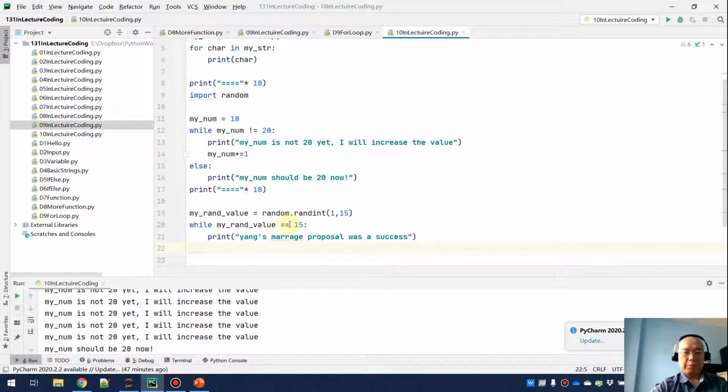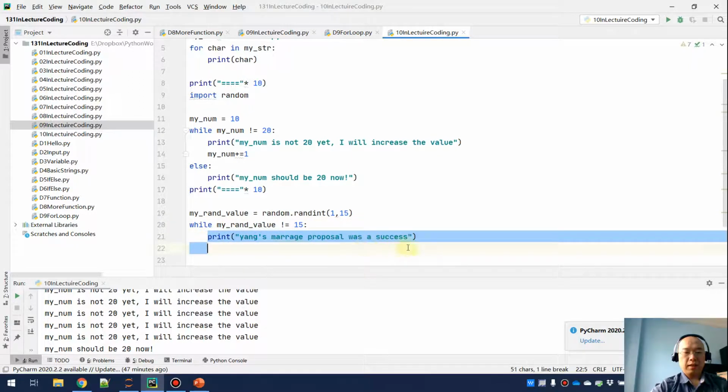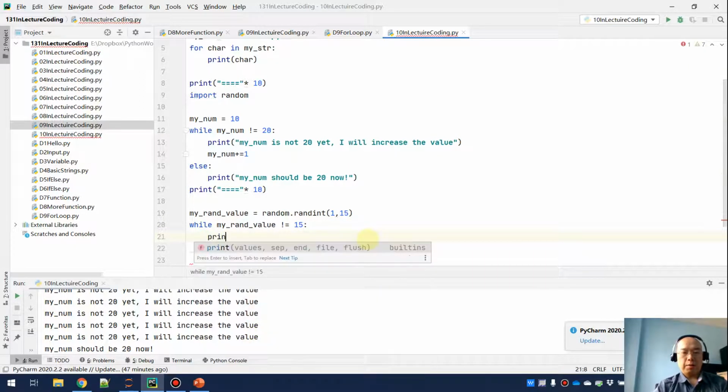Oh wait, I think this one is wrong. So as long as my rand value is not 15, I'm going to print